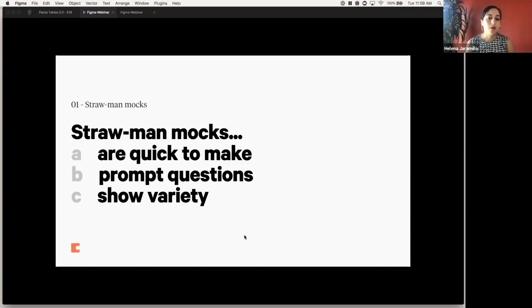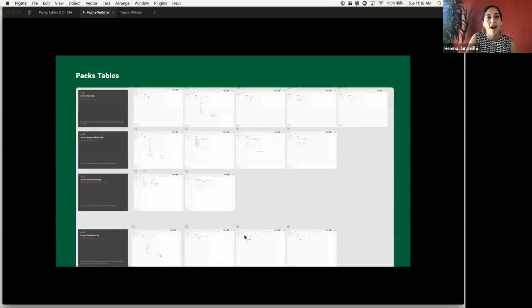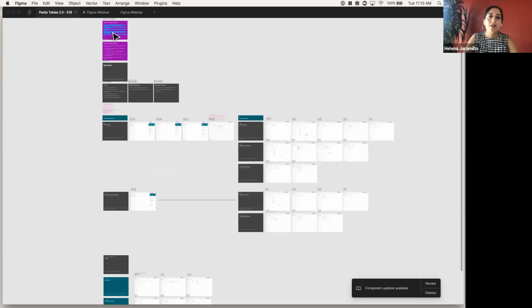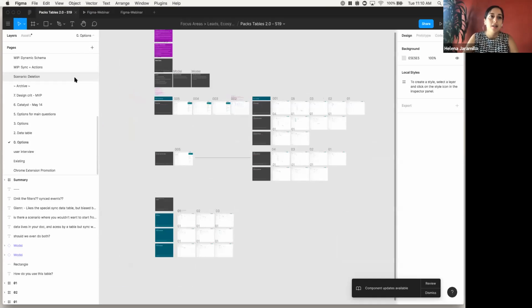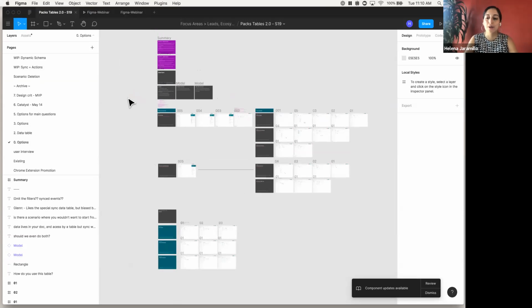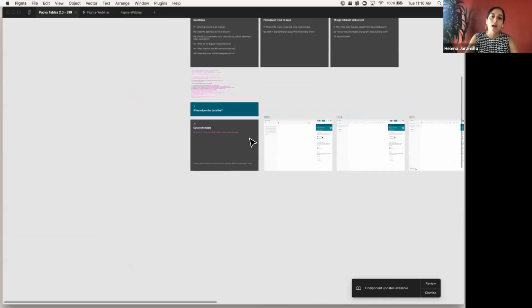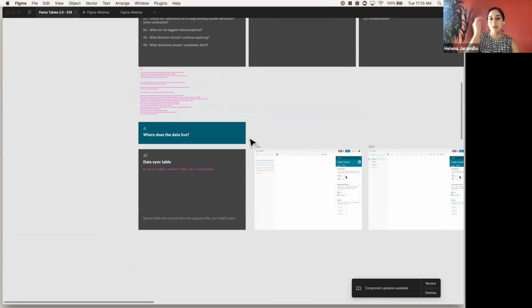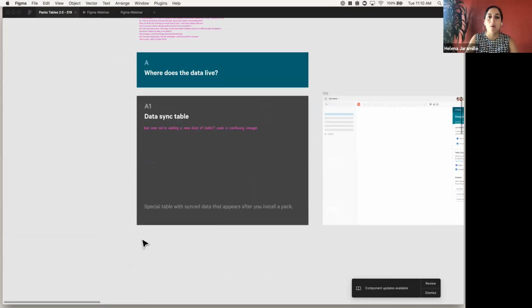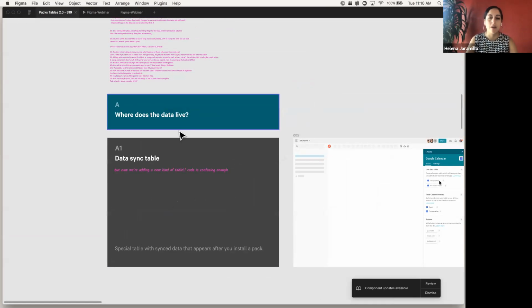To that end, they should also show a lot of variety. Make sure that you're showing a lot of options rather than narrowing in on a single thing. I'll quickly show my Figma file here. When we were starting to build Packs Tables, this is a Figma file for the whole thing. As you can see here, these are my options zero. These are what I would call strawman mocks in terms of they were about getting out some of these key questions that I had from the very beginning.